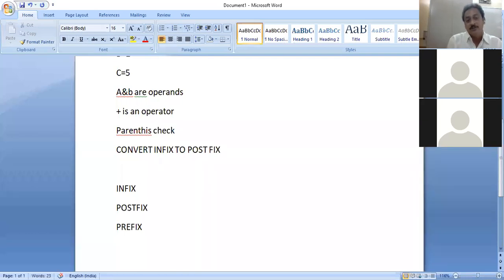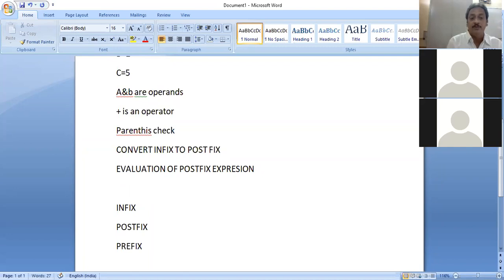Conversion happens using stacks, and then comes evaluation of the postfix expression. Once the postfix expression is available, it performs evaluation, that is, finding the value.